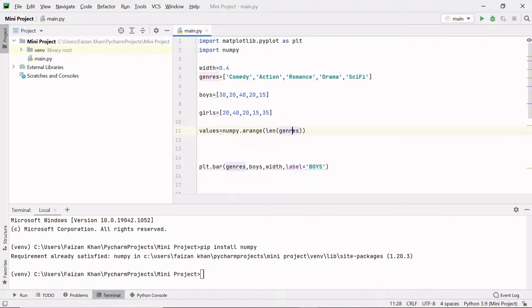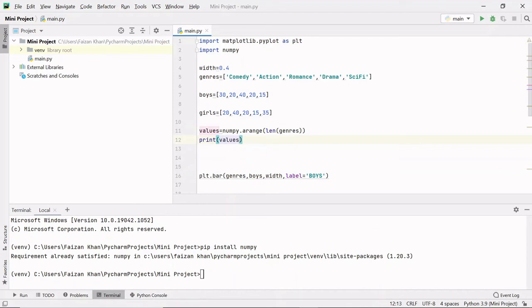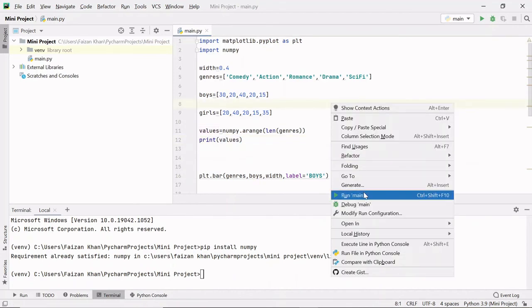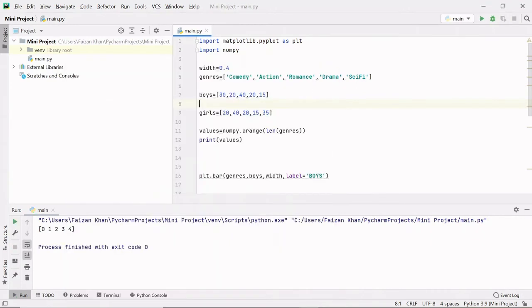Let me print this variable so that you can see what it is storing. Print values. Let's run. So here on the console you can see I am getting an array or a list from 0 till 4.